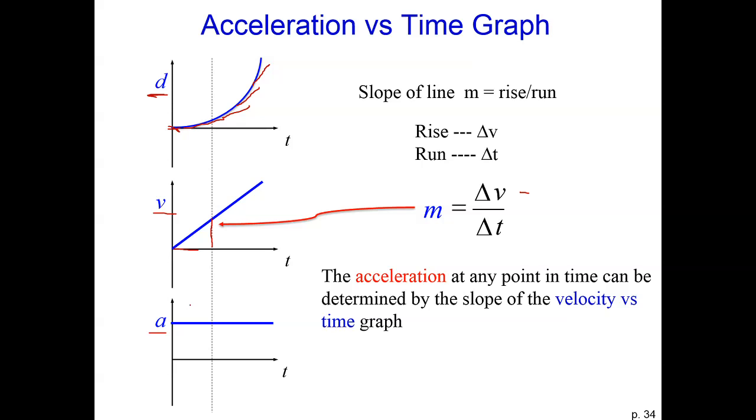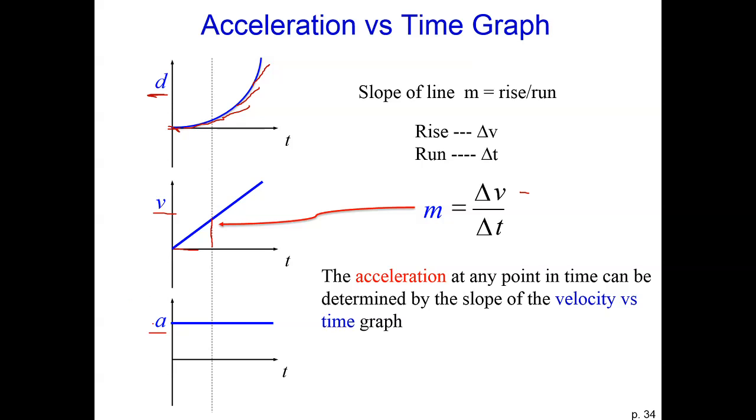So to think about this, the position graph is really telling us if we're on the right or the left, right? If we're at a positive value of the position graph, we're on the right side. If we're at a negative position, then that tells me that we're on the left side. For the velocity, this tells you whether the object is moving to the right. If the velocity is positive, you're moving to the right, and if the velocity is negative, then you're moving to the left. The acceleration